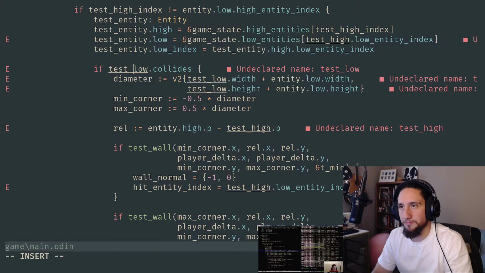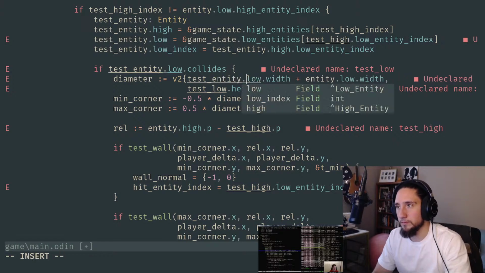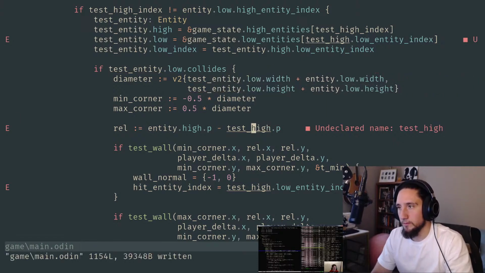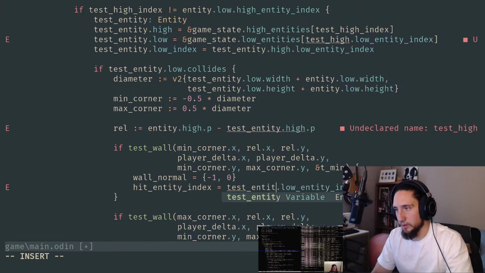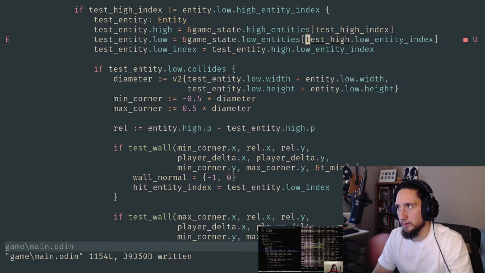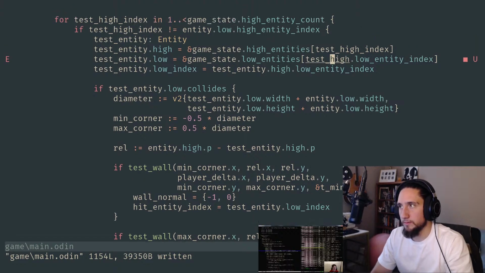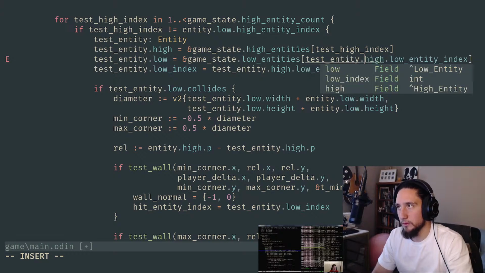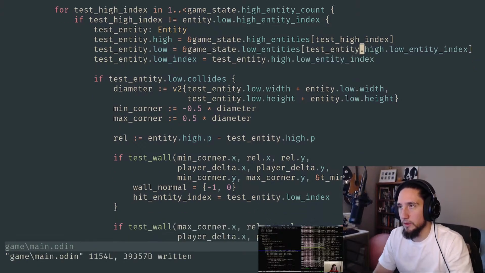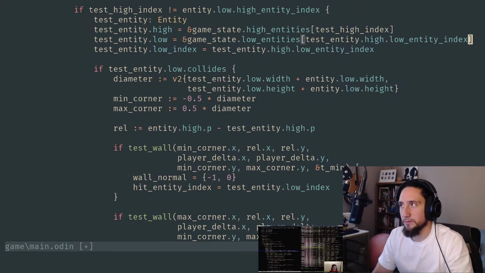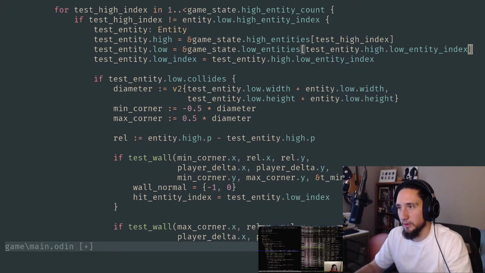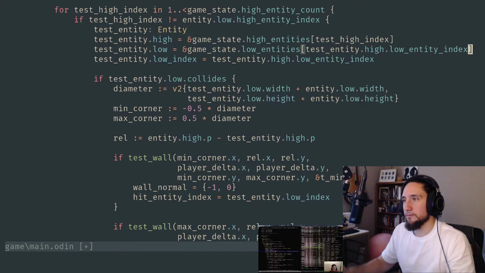We would have test entity.low, test entity.high, and then this is nice because we can just say test entity.low index. All right, this should actually be this, right? All right, right on the line. We literally don't have a single other character to spare, or we'd have to split that up. Thank goodness. So there's my high, there's my low,